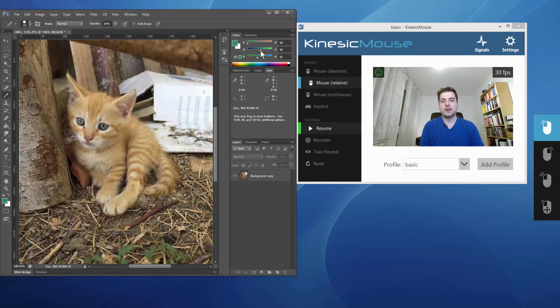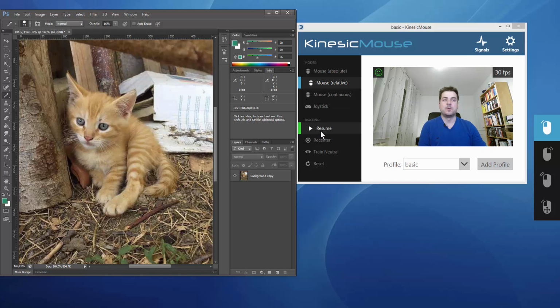Up until now you could have used the continuous mode that gives you a fair amount of precision, but it lacks speed in control and takes a long time to get from screen edge to screen edge. This problem can be solved by a new feature, the precision mode. You can think of the precision mode as a sort of second gear that reduces the speed of the mouse cursor quite a lot. So let's take a look at how it works.